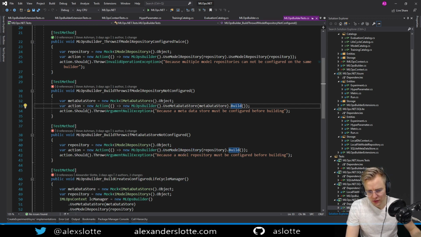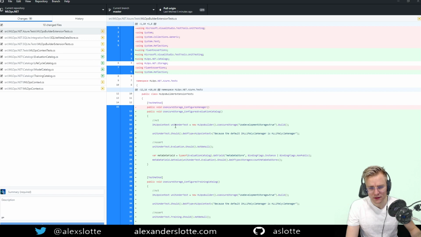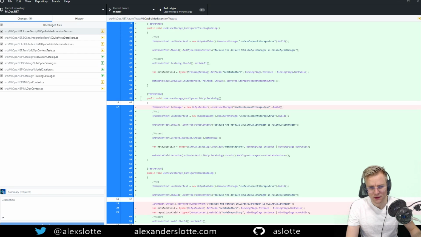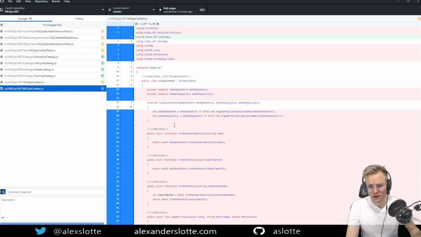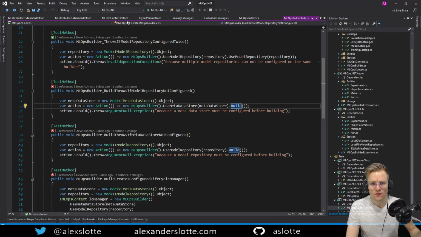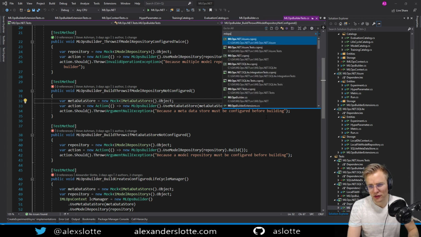Does it make sense to re-add something here or not? Probably. Let's see what we changed. Okay, so before we threw that, so we can definitely check that again here, honestly. It doesn't hurt. So MLOps builder, MLOpsContext, because we definitely don't want it to be null, and that's a good test.